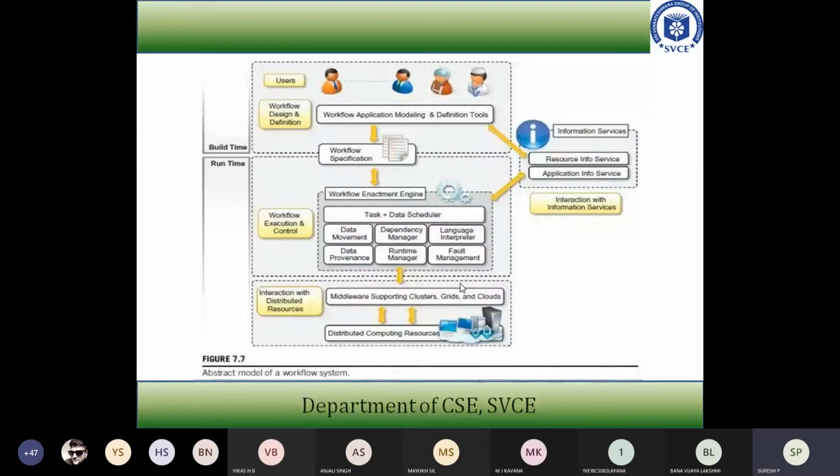There are some acyclic directed graph managers in the Condor project. Condor is one of the types of task computing which we have already discussed. In that, the scheduler is going to handle job interdependencies. So it is going to have the job scheduler, and that scheduler is going to schedule the jobs which have interdependencies.